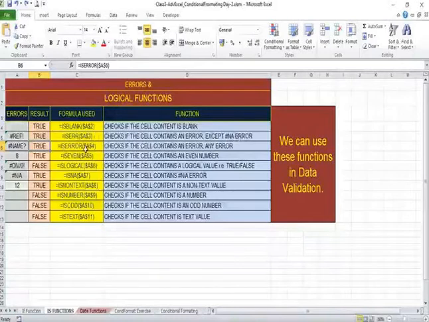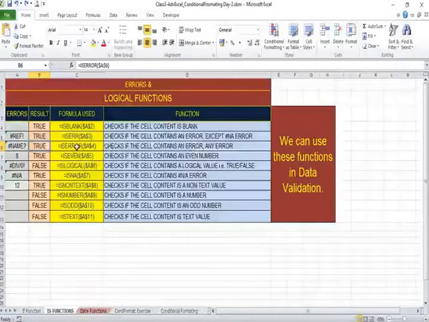But ISERROR is capable of including the #N/A error with other errors. So ISERR and ISERROR are slightly different. ISERR avoids the #N/A error, but ISERROR includes that error also to give you the result.